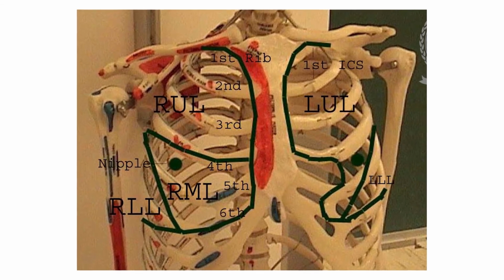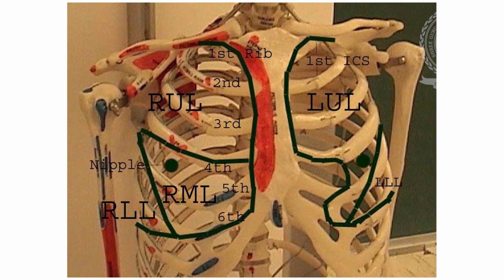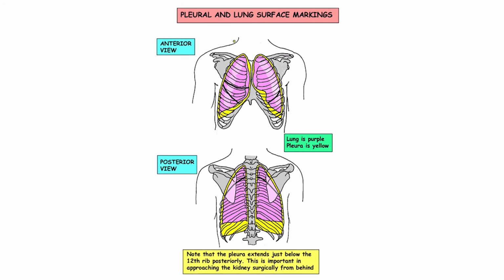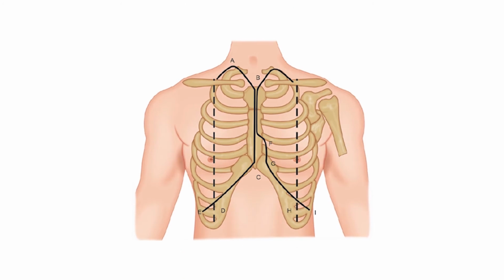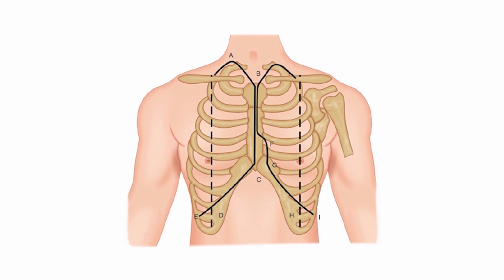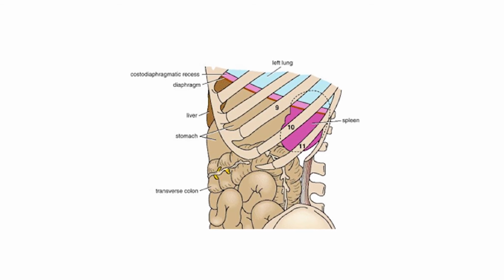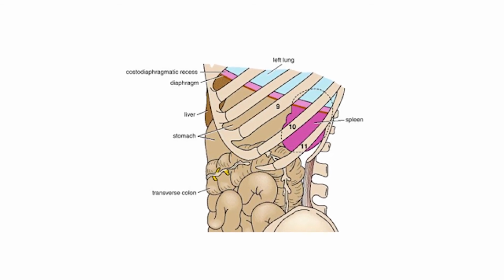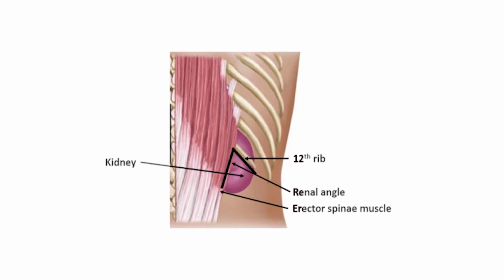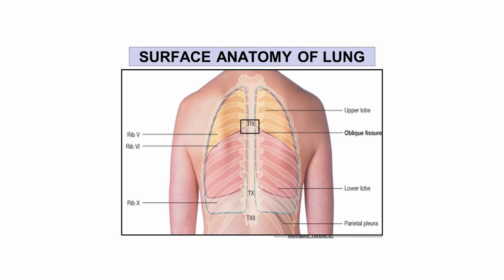The inferior margin, or the costodiaphragmatic line of pleural reflection, passes laterally from the lower limit of its anterior margin, so that it crosses the 8th rib in the mid-clavicular line, the 10th rib in the mid-axillary line, and the 12th rib at the lateral border of the sacrospinalis muscle. Further, it passes horizontally a little below the 12th rib to the lower border of the 12th thoracic vertebra, 2 cm lateral to the upper border of the 12th thoracic spine.